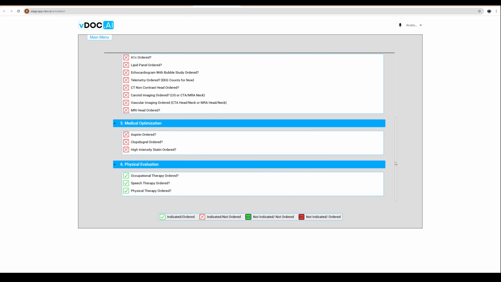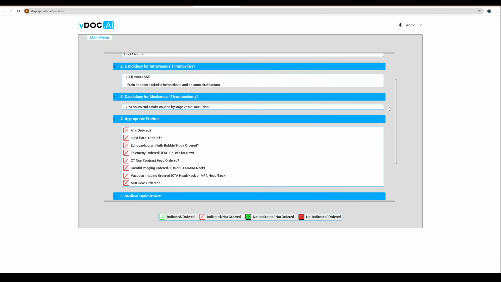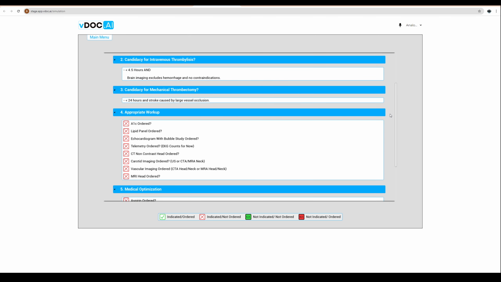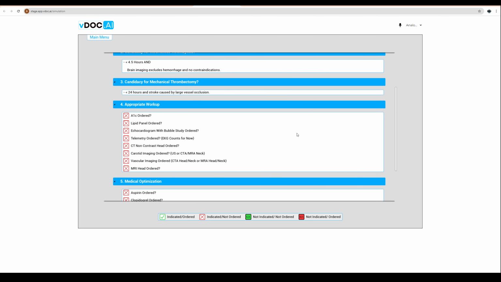And then down here, physical evaluation, and it tells us, we ordered it. And so as time goes on, these evaluations, quote unquote, will get more robust. But I think the goal is to